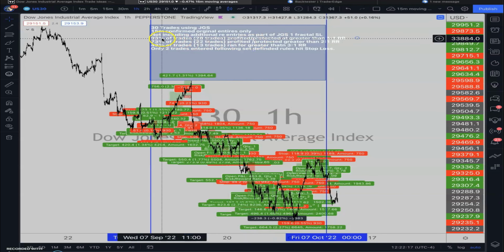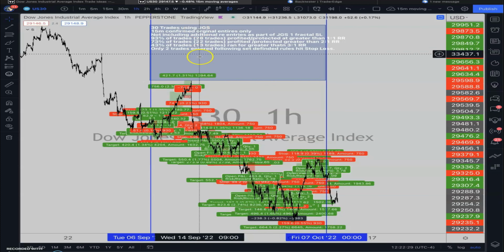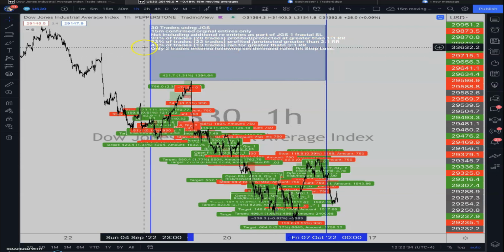So back to this, 93% of the trades, 28 to be exact, hit greater than a 1-to-1. And this is using a 1 fractal stop loss. So 1 fractal back from the time of entry, which again, there's a lot of ways to do that. We're just defining this in a way that's duplicatable. More than 73% of them hit better than a 2-to-1, and more than 43% of them had what we call